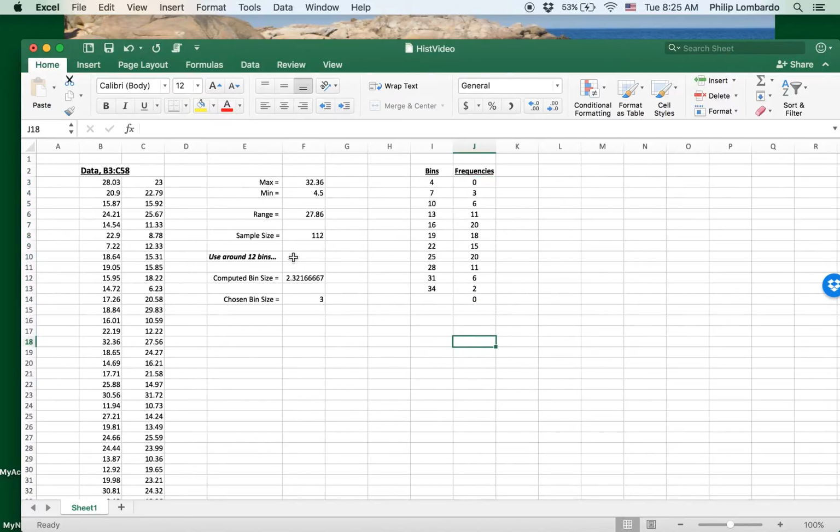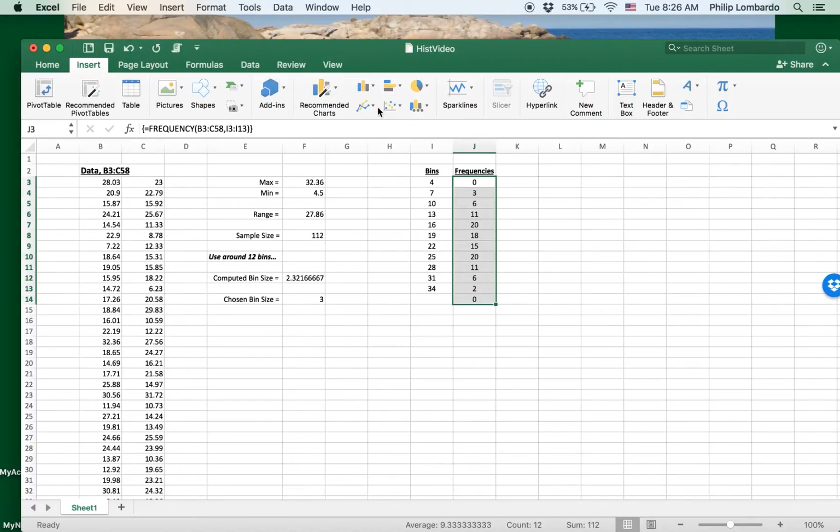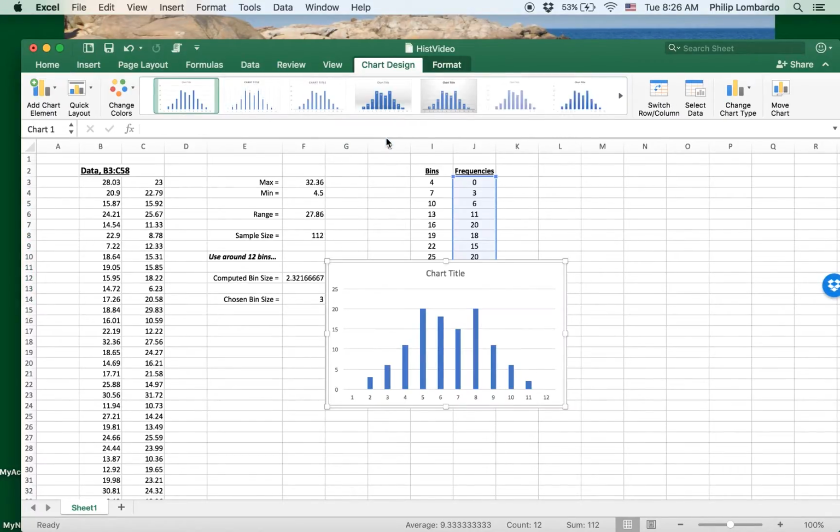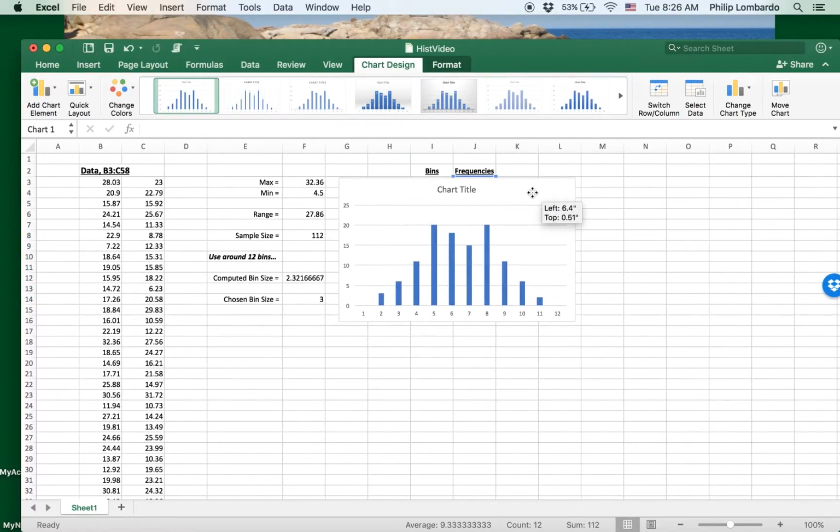Okay, so what we want to do next is create a histogram. And the way that we do this in Excel is essentially we highlight just the column of frequencies. We go to the Insert tab, and we're going to insert a column chart. So we're going to use just the first option here, which is a clustered column chart. Nothing fancy. And it essentially just creates a vertical